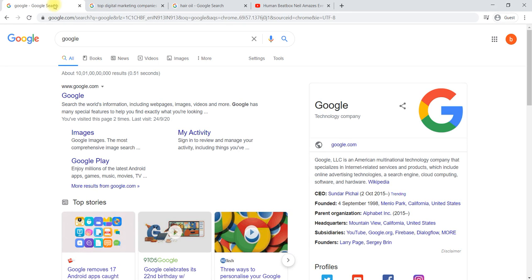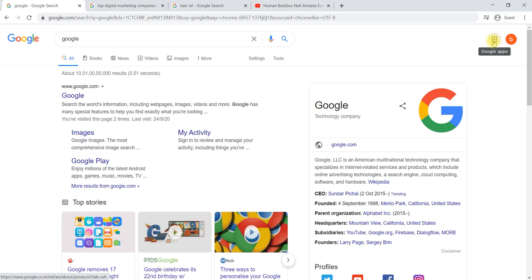Google Ads account. How do you go to the Google Ads account? If you have gone through the videos related to the keyword planner, you may already have created a Google Ads account. If you haven't created one, go through the keyword planner videos and learn how to create a Google Ads account.